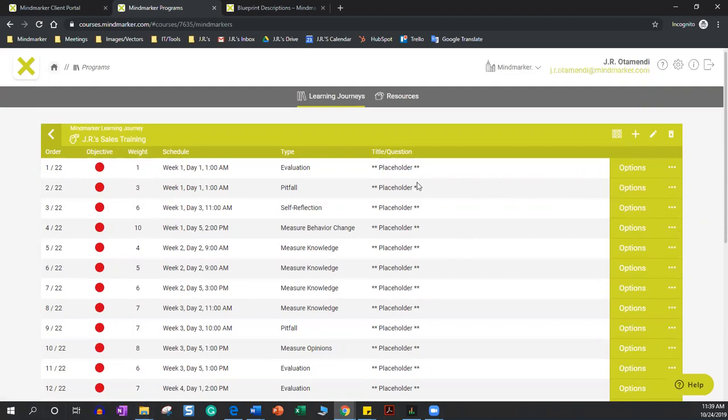These are actually placeholders. This is what we recommend when you're using blueprints to build a program of one objective, 6 weeks. We have placeholders in here. In order to actually turn them into Mindmarkers, you will have to navigate to the options and then convert these messages